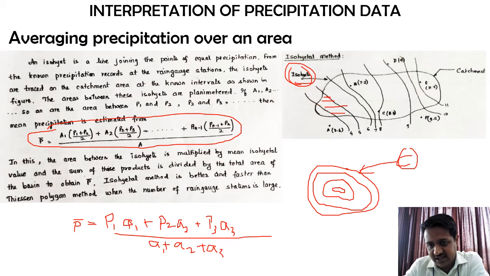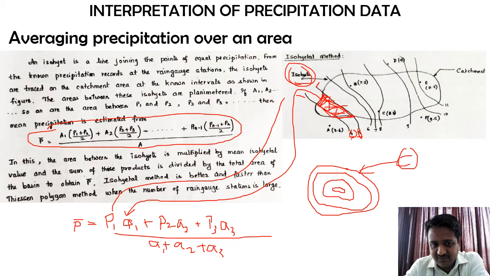Okay, so for this particular area, we need to take the rainfall as the mean of the rainfall of these two values. Here you can check, it is 4 mm and 5 mm. So these are the rainfall iso heights for 4 mm and 5 mm. The area between these two iso heights is what I am going to consider, that itself becomes your A1. Now similarly, P1 is the average value of this particular iso height and the next one.